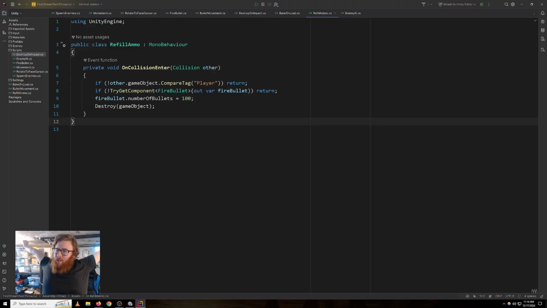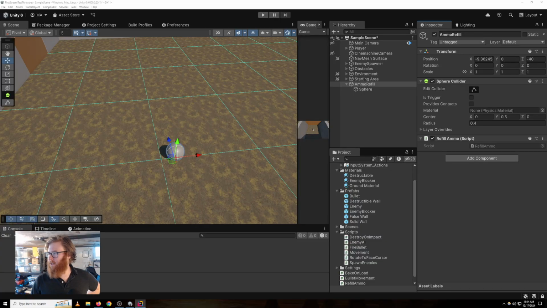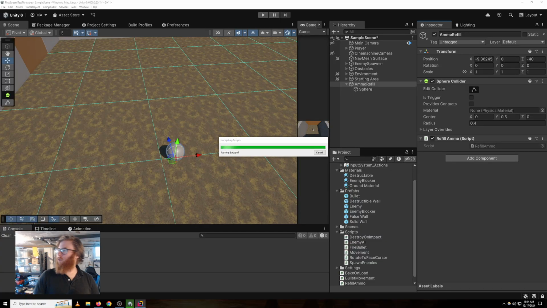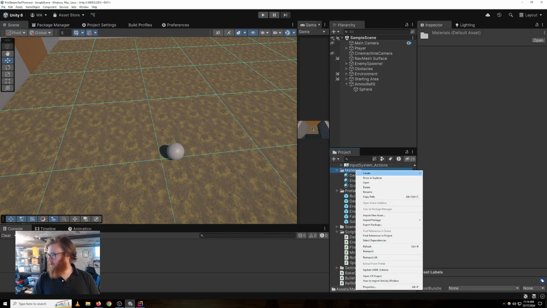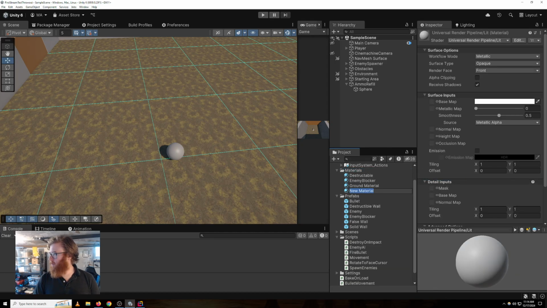Yeah, that's pretty much it for that. We need a visual, though. And we also need something to separate this from normal objects that appear in the game. So, another material. Create a new material. We're going to call this